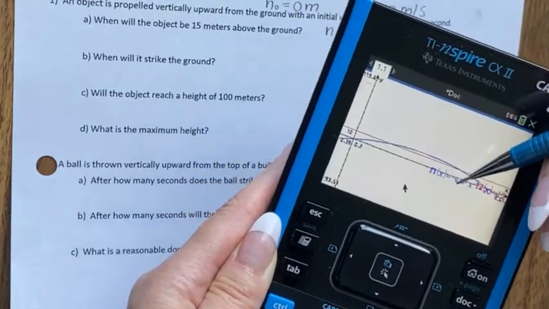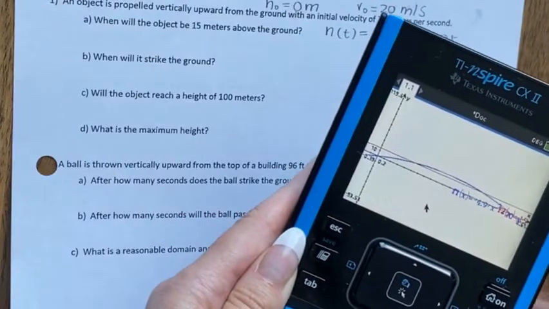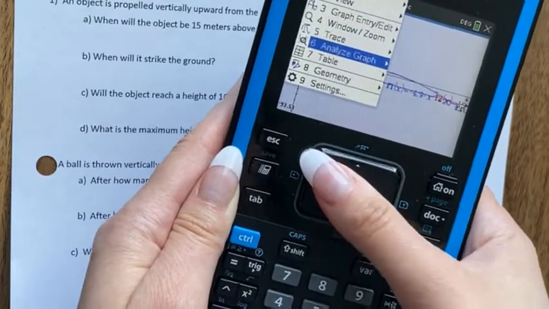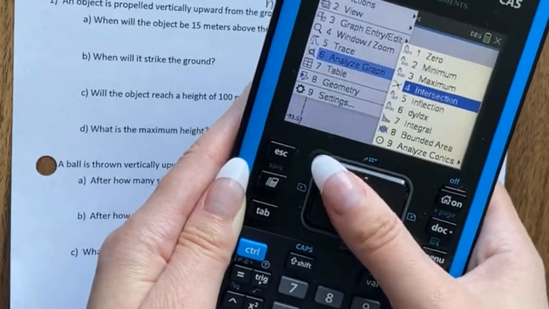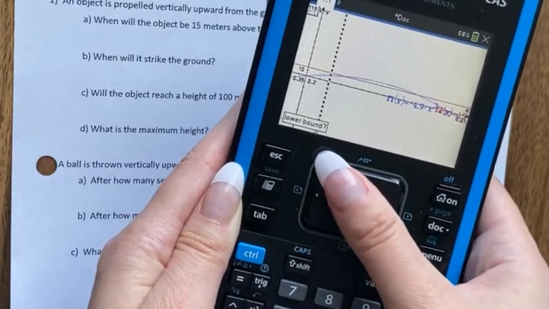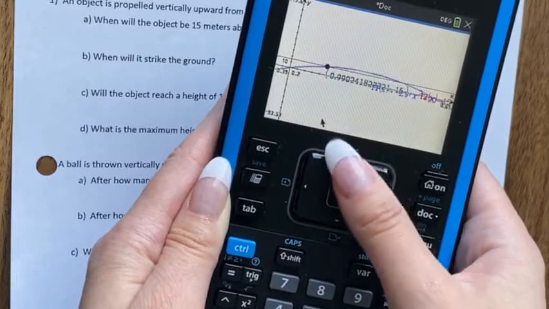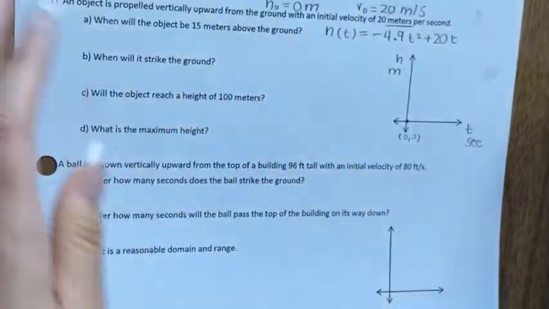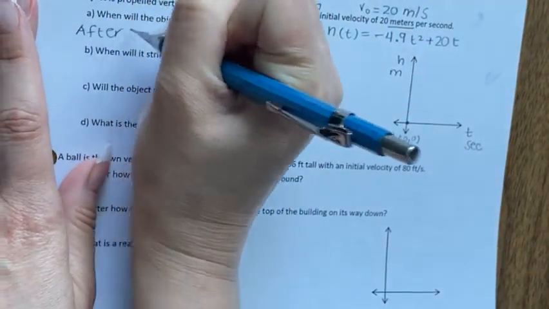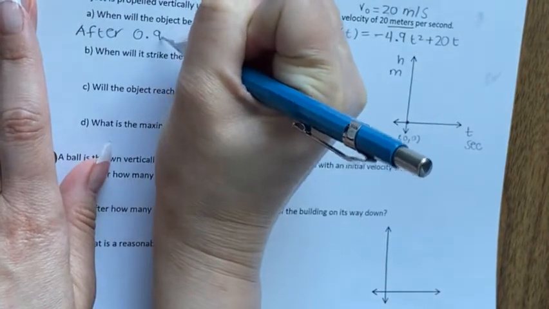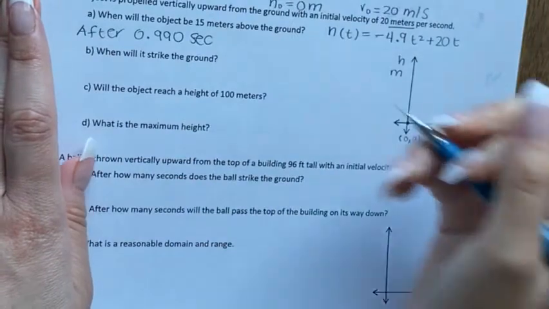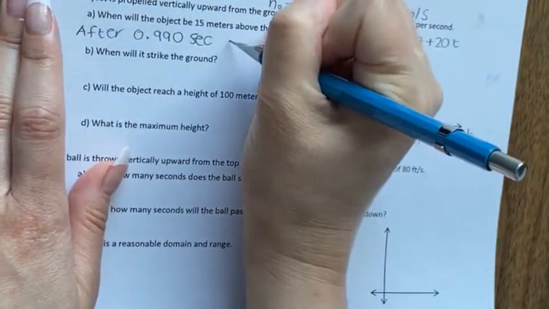15 meters. Okay, so what you have here is you need to look for menu, and analyze the graph, and then you look for the intersection. You're going to have this, and with the mouse pad that you have here, you move that dashed line and you click here and here, and this is going to be your time. So after, I know that it's going to be after 0.99 seconds. So when will the object after that, and